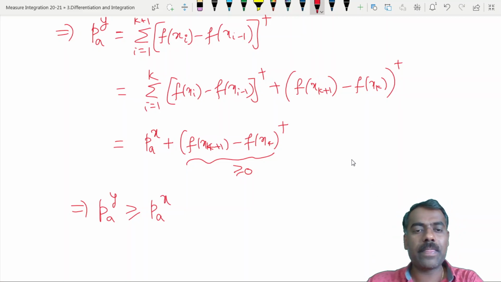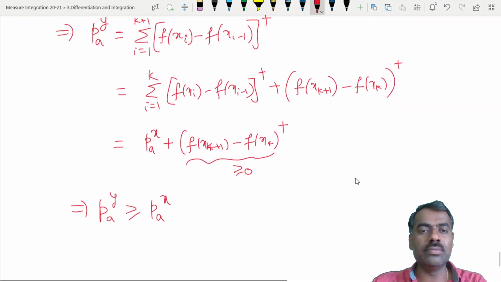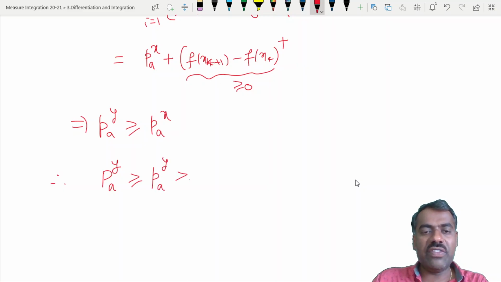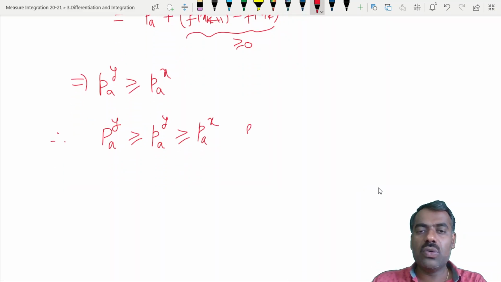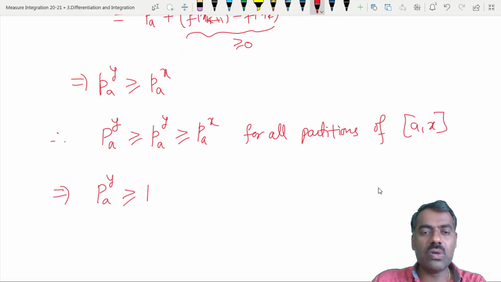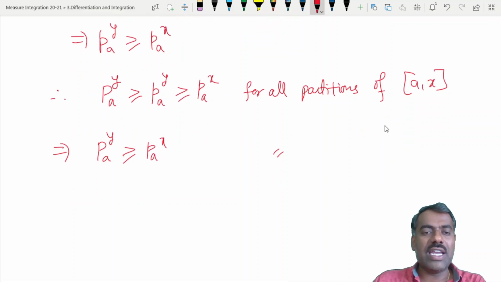Are you following? Yes or no? Therefore, capital Pay, which is the supremum of all such things, is less than or equal to this Pay, and which is bigger than or equal to Pax. This is true for all partitions of the interval a comma x. Okay, so this implies Pay is greater than or equal to the small Pax for all partitions of a comma x, in particular